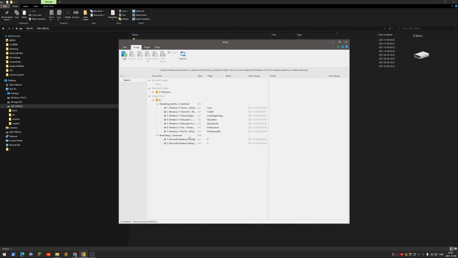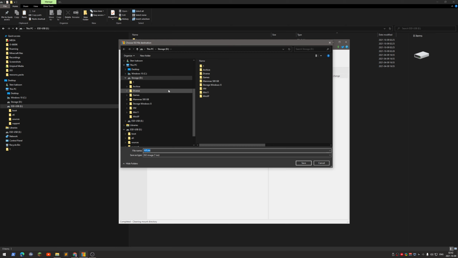It's going to be like this. And this is the modified version. Then you right click on this E backslash, create ISO,